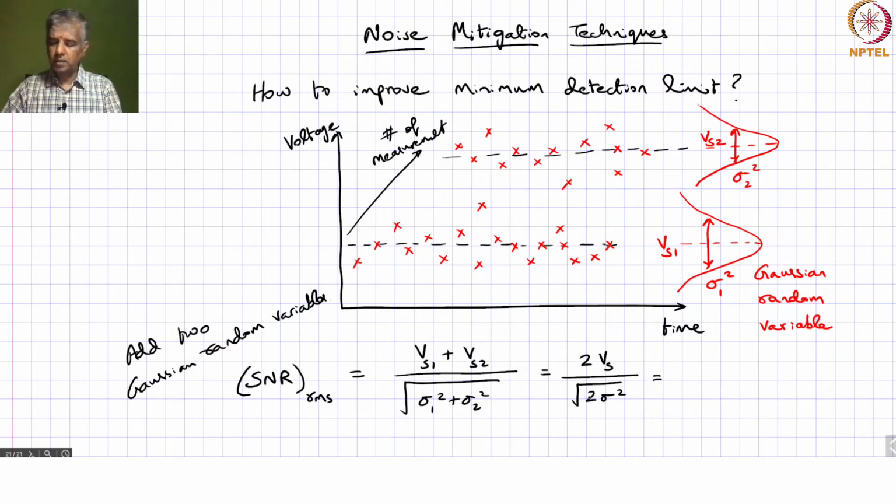So that is essentially root 2 times sigma in the denominator and 2 times Vs in the numerator. So what you essentially get is root 2 times Vs over sigma, right? And Vs over sigma, what does that denote? That's actually the signal to noise ratio for when we just consider one set of measurements, when n equals 1. So in general, what we see is